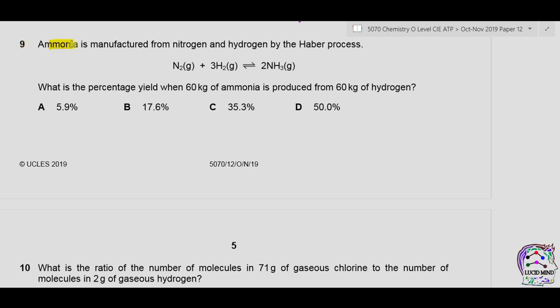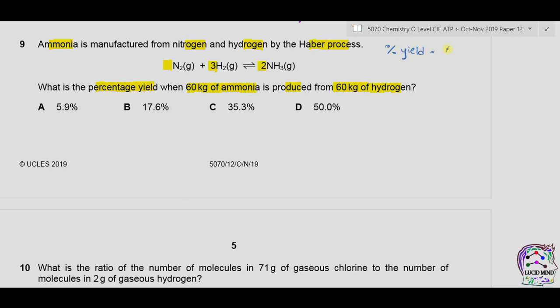Question 9. Ammonia is manufactured from nitrogen and hydrogen by Haber's process. The equation is given. We have 1 mole of nitrogen that reacts with 3 moles of hydrogen to form 2 moles of ammonia gas. What is the percentage yield when 60 kilograms of ammonia is produced from 60 kilograms of hydrogen? The formula of percentage yield is,